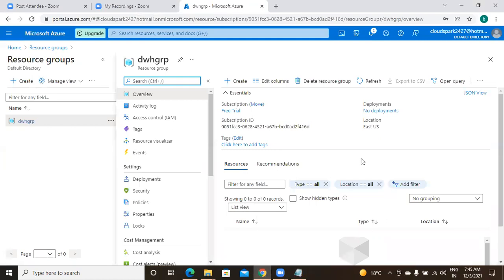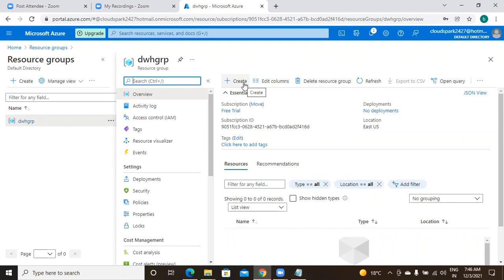So I am already under my resource group, DWH GRP. See, if you want to add any resource, here you just check, there is a create option. By clicking on this create, you can add resources, because every resource should be under one resource group.